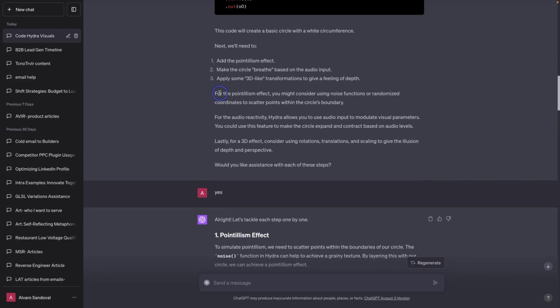One of the goals that I had for this was getting the pointillism effect, and that did not happen in any of the examples. Making a circle with an outline did not happen, and some 3D transformations to give a feeling of depth. I would say that it was a fail in terms of what I was expecting for these three goals, but did we end up with something interesting? I would say so. Jumping off point. So quite a long video to end up with almost nothing, so a bit anticlimactic,